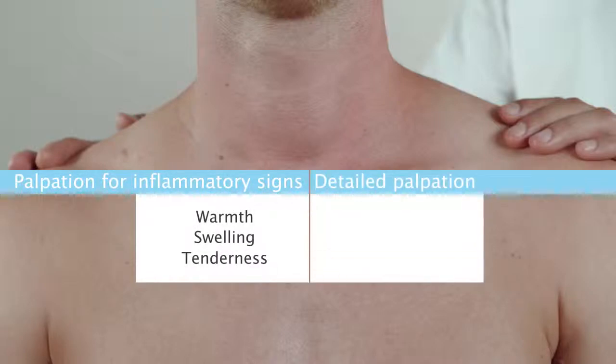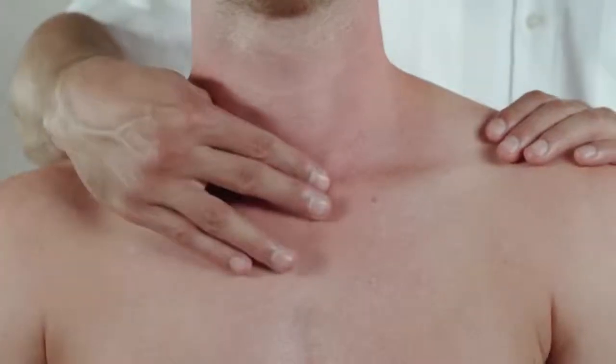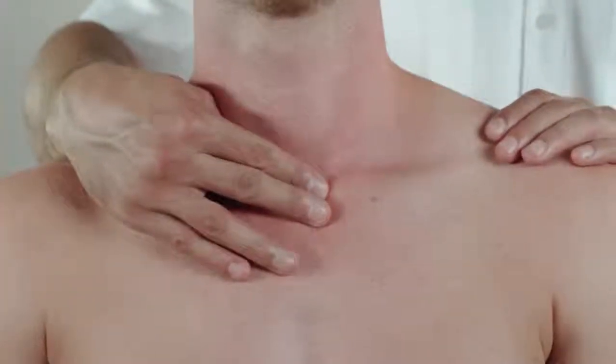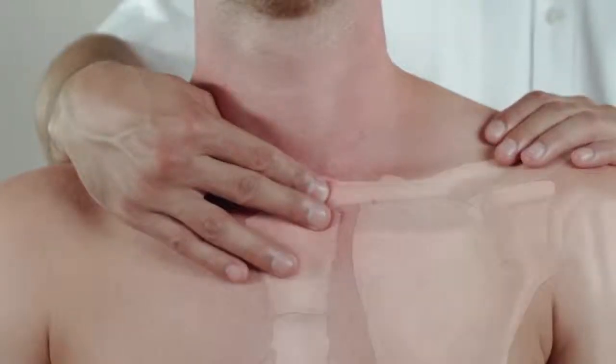Afterwards, a more detailed palpation of the muscle and bone structures within the shoulder region should be conducted from the front and rear of the patient. Start by palpating the surface of the sternoclavicular joint and pay attention to any tenderness or swelling, which may indicate